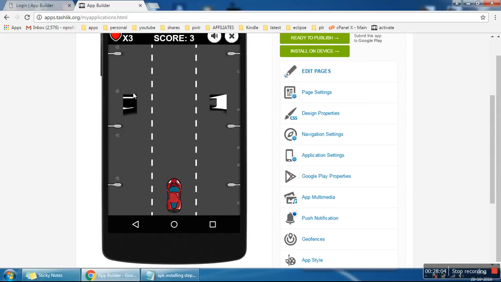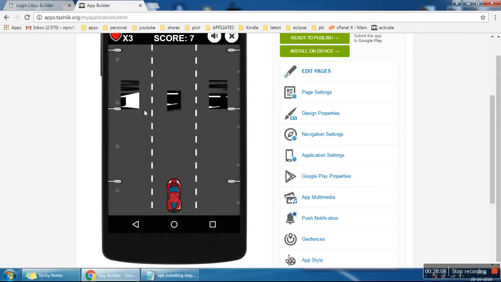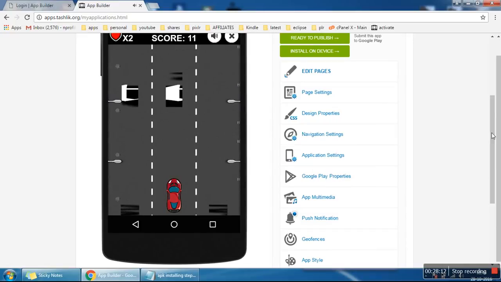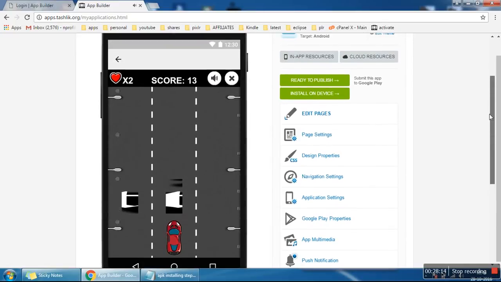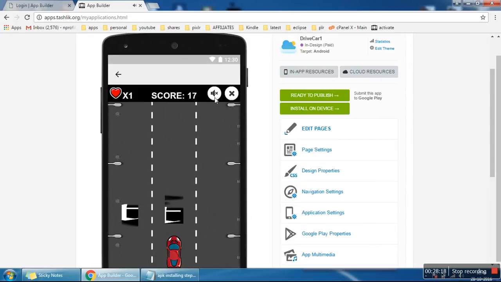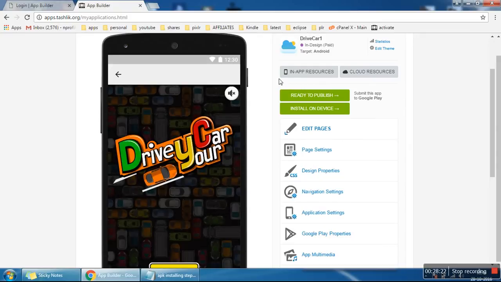See here. I have made these changes. Here actually cars were there, but right now some other images are showing. So how I made the changes, I will show you.